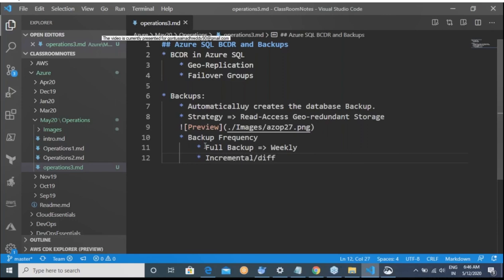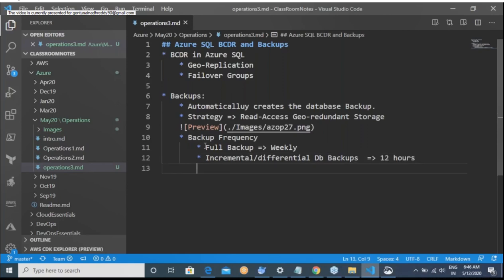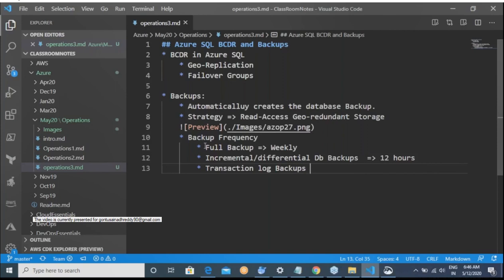Incremental or differential DB backups are created every 12 hours. Transaction log backups are created every 10 minutes.